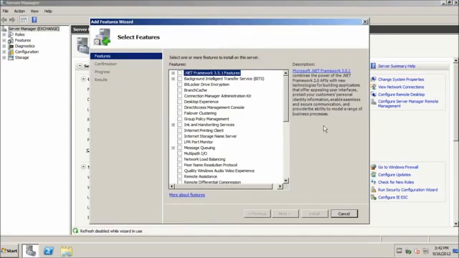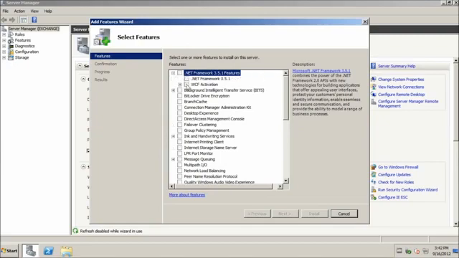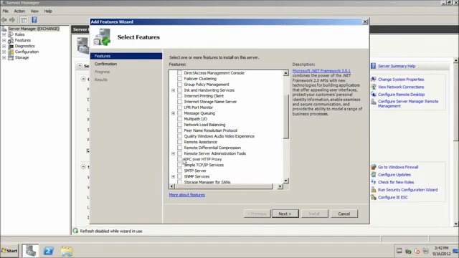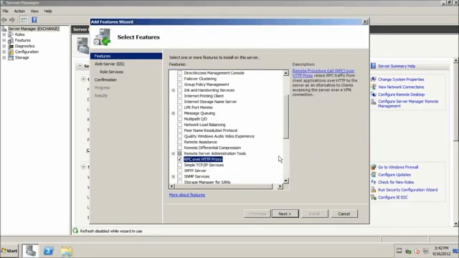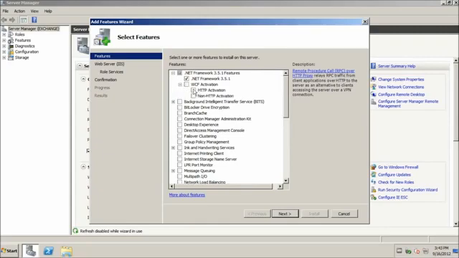Alright, so what we want is .NET Framework, not everything, just .NET Framework, and then we want RPC over HTTP proxy, and that requires IIS, so we just hit Add Required Features. And for .NET Framework we actually also need HTTP Activation, and that also requires IIS, so we add that. We need